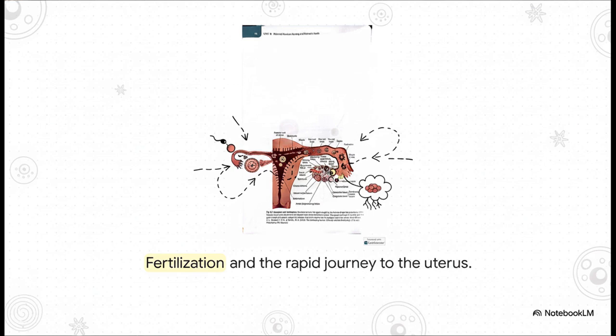It's pretty incredible. As soon as a single sperm penetrates the ovum, boom, a chemical change instantly happens in the membrane that completely prevents any other sperm from entering. It basically locks the door. From there, the newly formed zygote starts undergoing rapid mitotic division, which we call cleavage. It travels down the fallopian tube over a matter of days, multiplying into a solid ball of cells called a morula, and then eventually becomes a blastocyst, right before it finally burrows into the richly prepared lining of the uterus